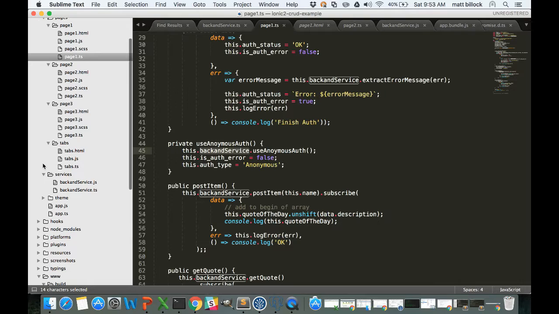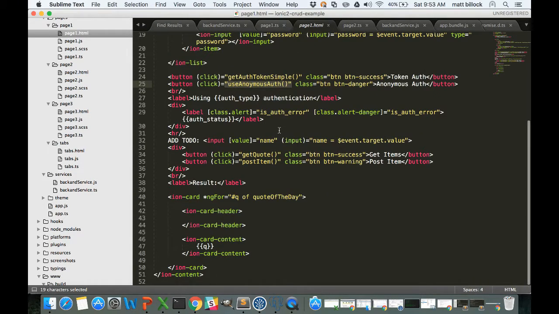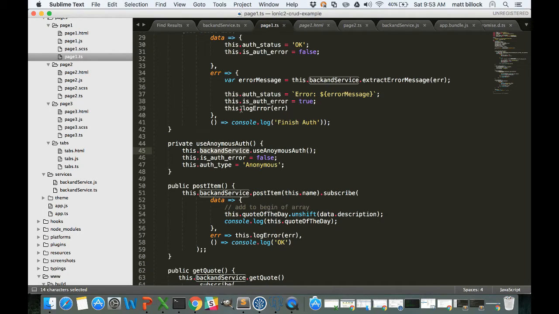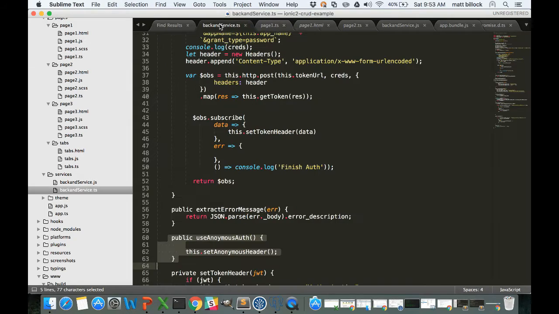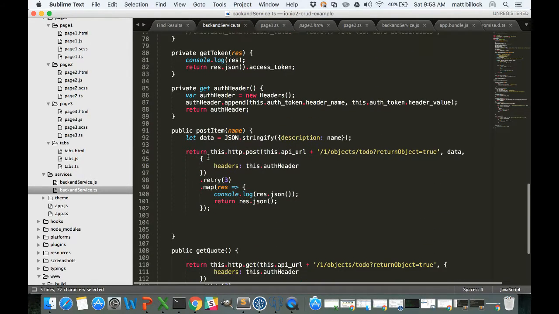So let's say that we want to fetch a list of objects. Take a look again at what's going on in here, and you'll have to forgive some of these variable names. This was an in-progress app that was somewhat quickly ported over to incorporate this webinar. We have a method called getQuote, where if we go and look at the TypeScript, we see that it simply subscribes to the getQuote method in backend service. If we go look at backend service and look at the getQuote method,